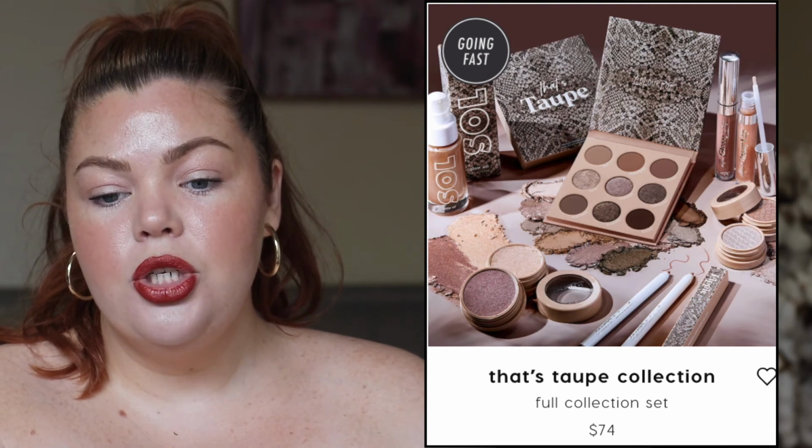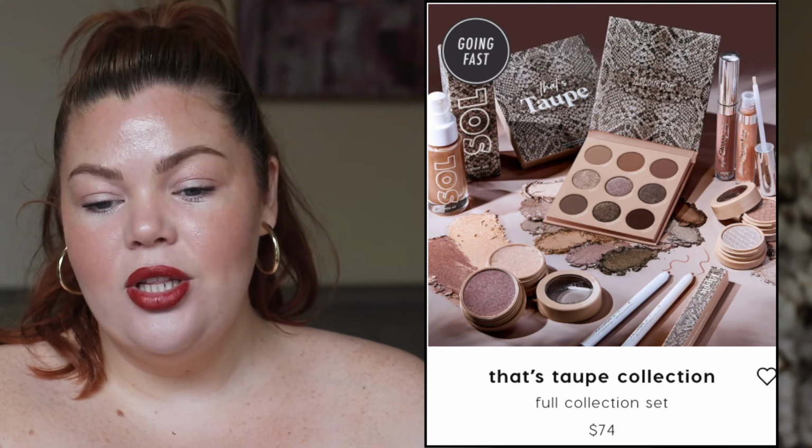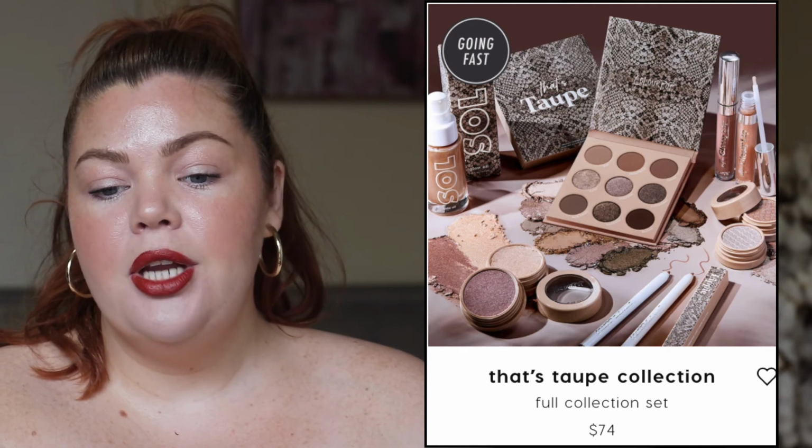The Super Shock Highlighter for $8 in Seismic and Out of Quartz. And the Lippy Pencils are $6 each in Ashton and Cool BFF. Okay, so